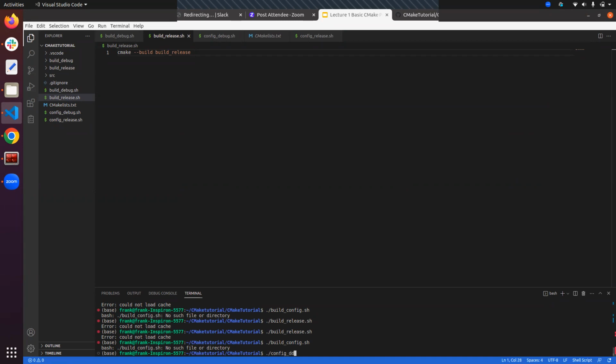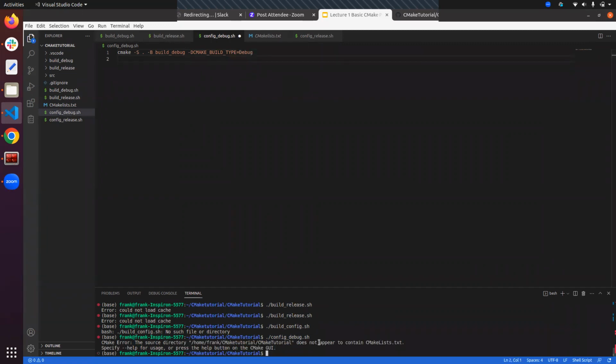Okay, let me see your config debug.sh. Yeah, just run this config debug.sh. See whether it will load the build system. Do you see this? The working directory does not